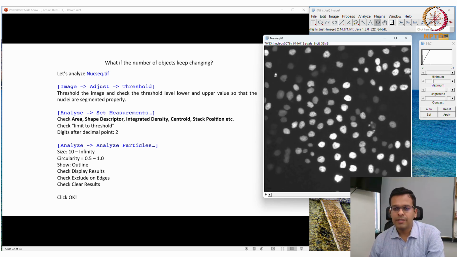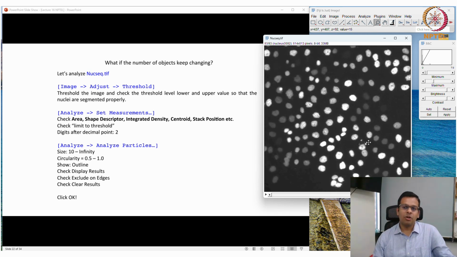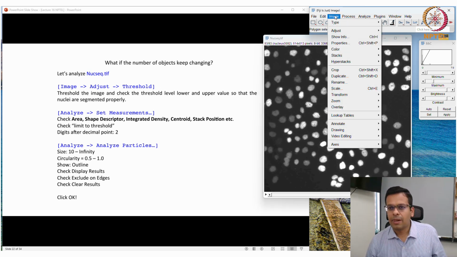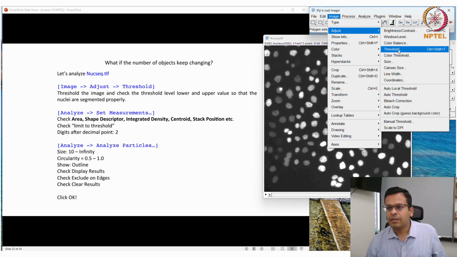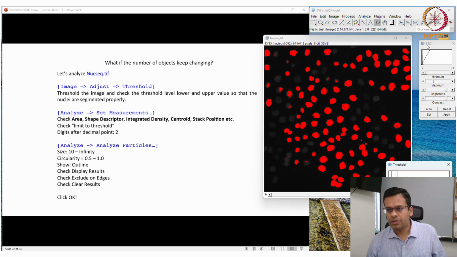So basically what you want is to detect your nuclei automatically from this image, because you cannot make them regions of interest manually for so many time points and so many nuclei. You need some kind of automation which allows you to identify the objects automatically. Here several steps are mentioned to measure all these things. First we'll go to Image, Adjust, Threshold, and I will say that it's a dark background, so it will identify the objects like this.